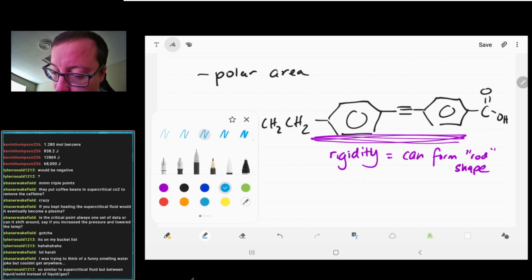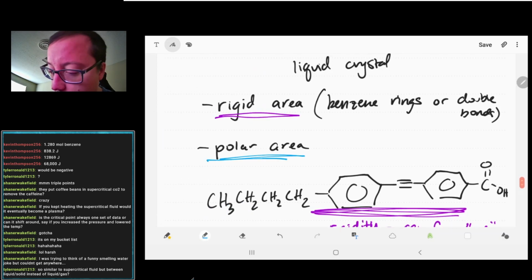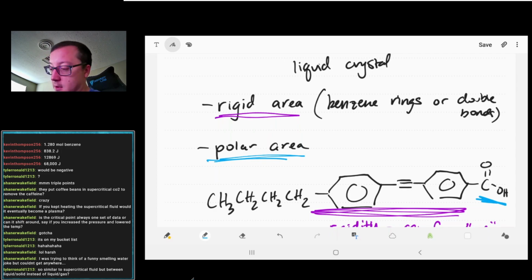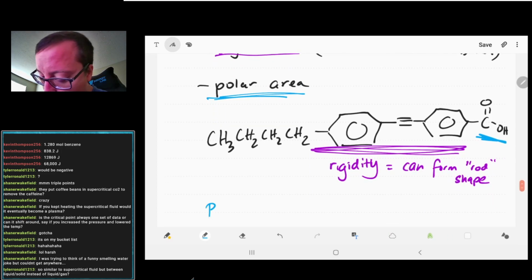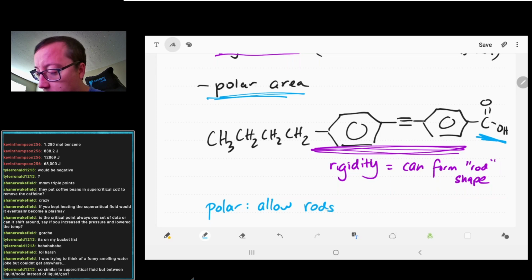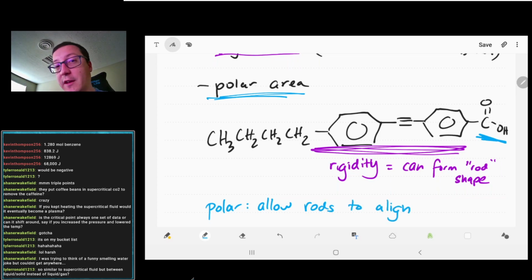We're also going to see that we're going to have a polar area on them. And that's, in this case, going to be what's called a carboxylic acid at the end there. And the polar part, these allow the molecules, the rods, to align. So remember that polar things want to be with other polar things. So we're going to see if we had a second of this molecule,